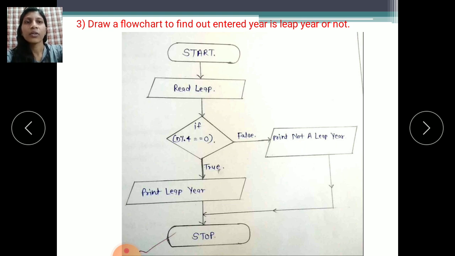Then read whatever inputs you are using in your program. So read that input, here we are using leap. So read leap, and use the parallelogram to declare the input statement. Then the condition: if you are using n, then write n.